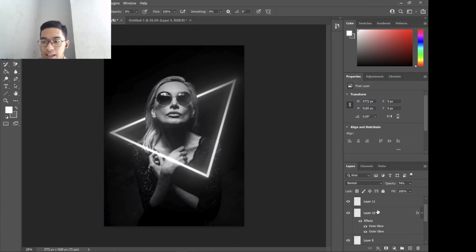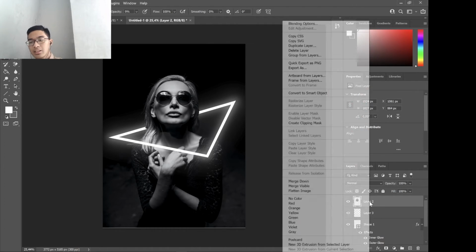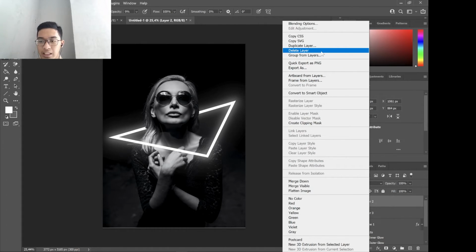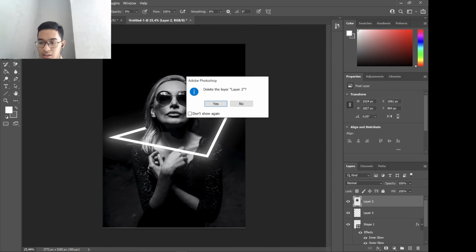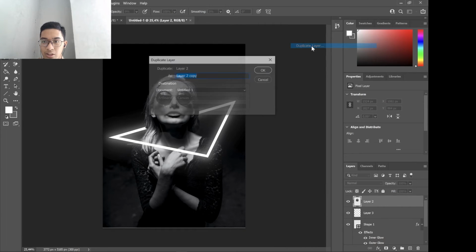And if you want to make a little detail, like on these glasses, there's white on her glasses, we're going to make that too. And how can you make this? So as usual, just click this duplicate layer, just click duplicate layer